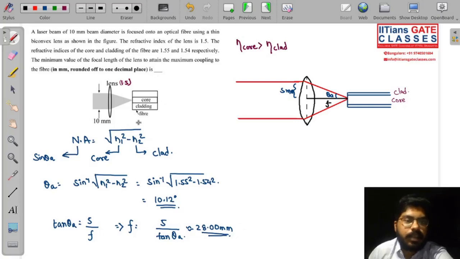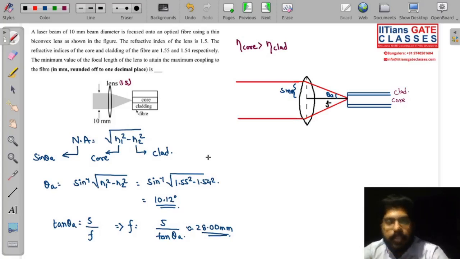You can solve it within 30 seconds if you have proper knowledge of numerical aperture. So this was a very simple question they have asked. One thing I would like to share with you is that if you are planning to leave this part completely, optical instrumentation and process control, a very simple approach at this point of time is to just look into the previous year questions that have been asked in this part.